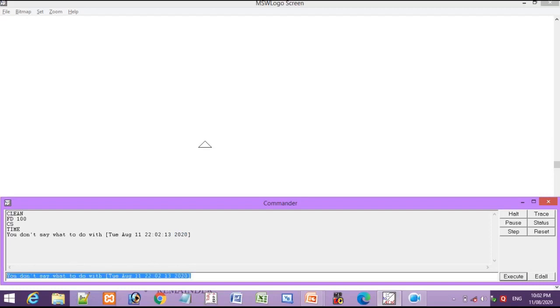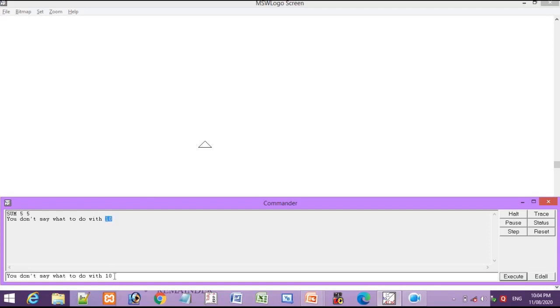Now next I want to take the sum. So the next command is sum. How to use the sum command? Just use sum, and here I want to add 5. With 5 just give a space and here a space and say enter. So here you will see that 10 is displayed.